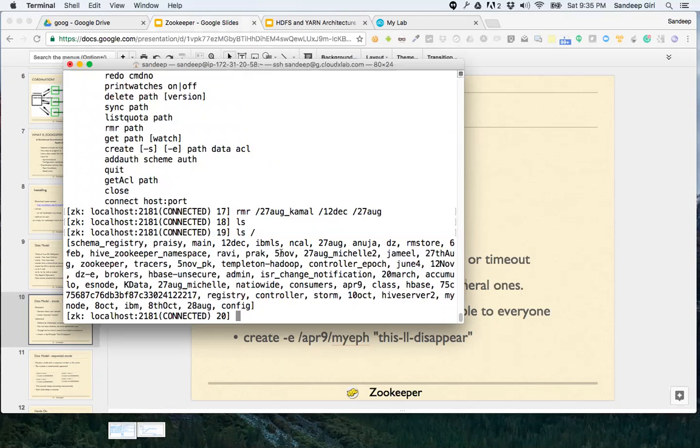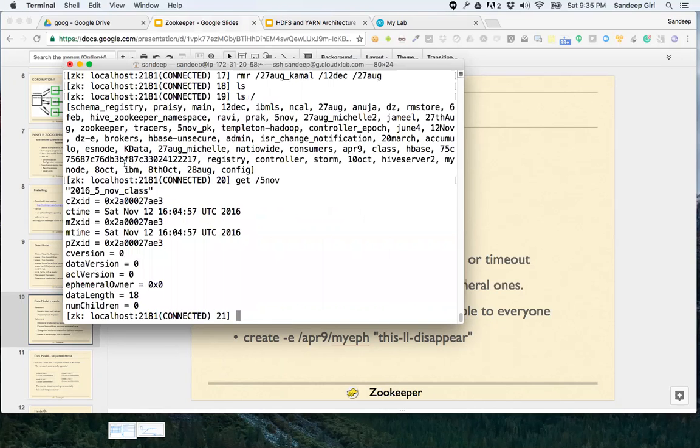Yeah, here is the 5th November one. So we can see what is inside 5th November, and here is the data. All of you can create a child node in 5th November. I'm creating mine, and putting, let's say, my surname in the data, and that's it.